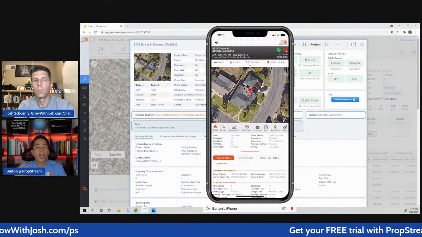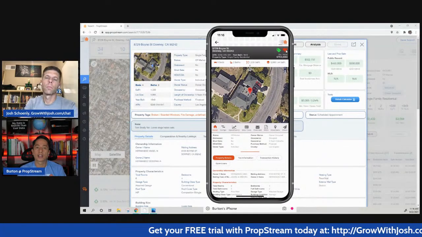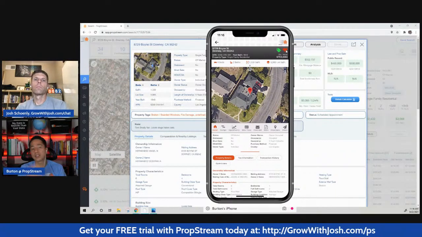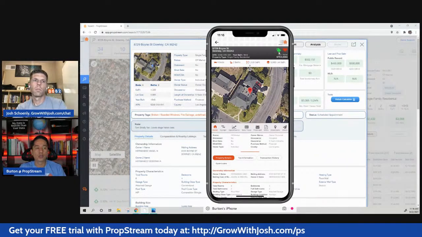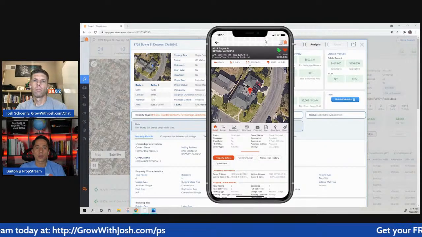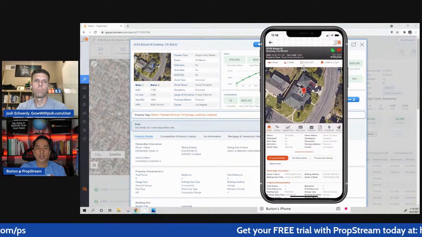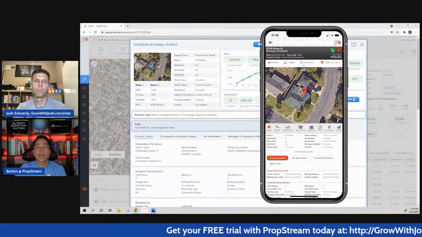If the property hasn't been saved yet, the heart will be hollow. So that lets you know that it hasn't been saved. If you haven't tagged a property yet, it'll be gray rather than green. But this is the first thing that you're going to see when you pull up a property. You're going to be able to see address, characteristics, image, the ability to tag, and the ability to save the